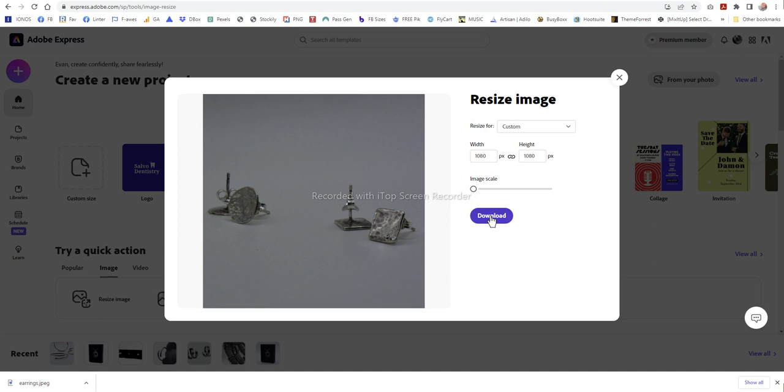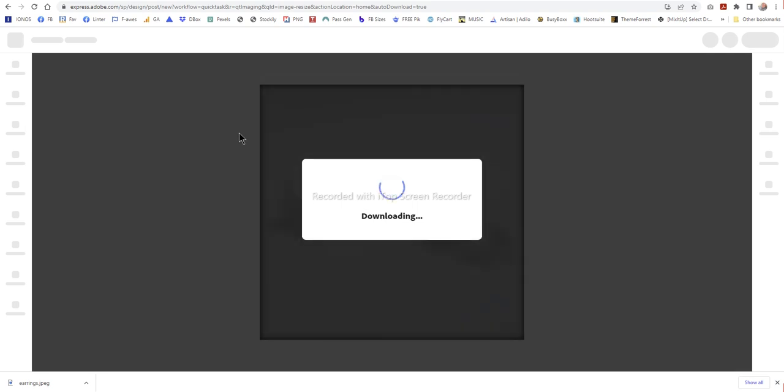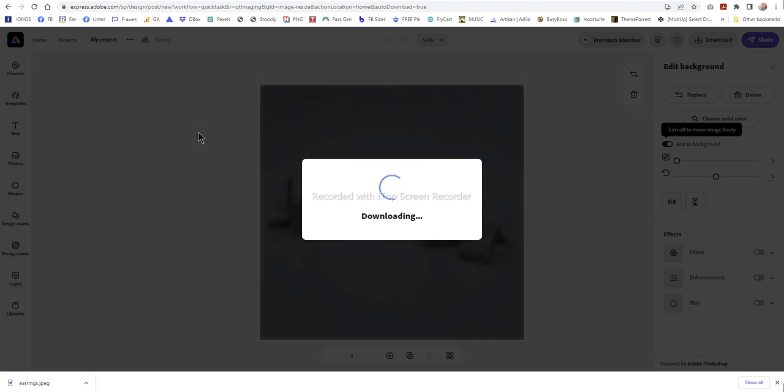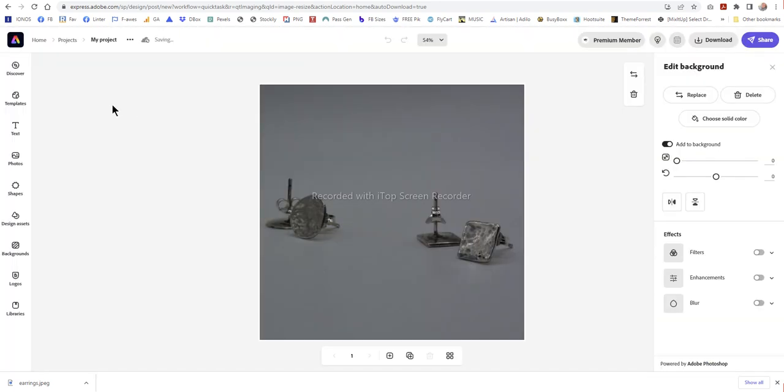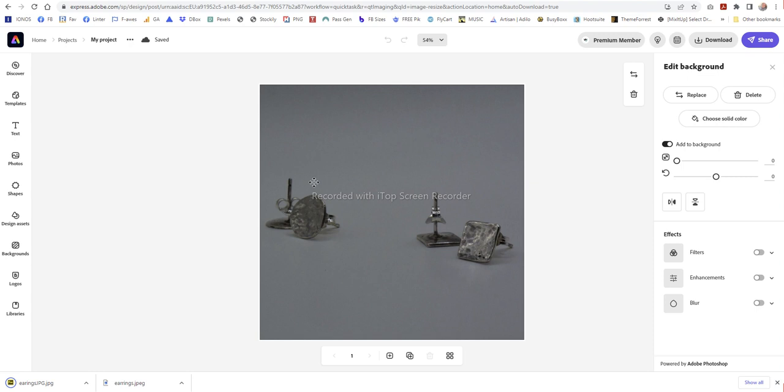Right. So click download, and just overwrite the file that you saved before. When it's ready, there we go. So it's JPEG image, and this is earrings. It will say JPEG image there, so you don't have to put in the .jpeg. Done. Okay, so if we now go into your back office,